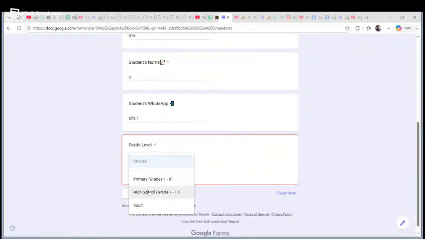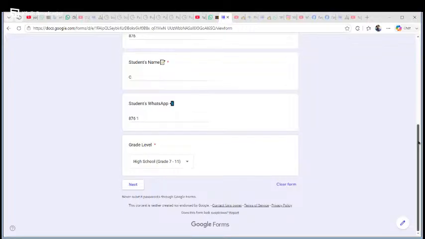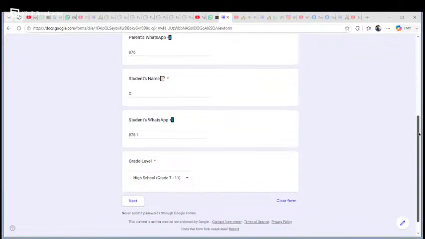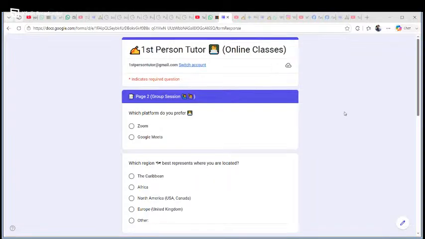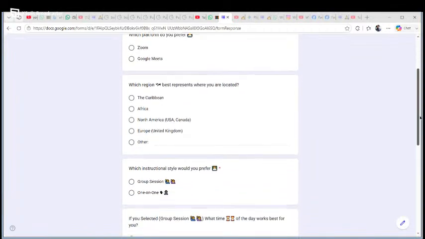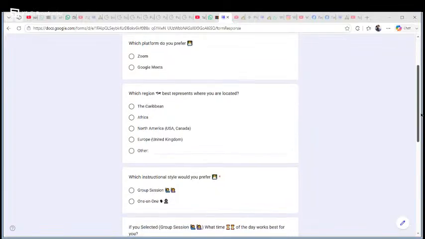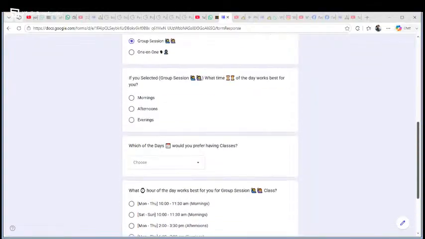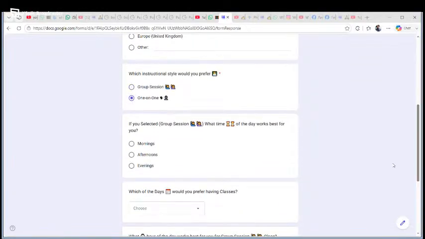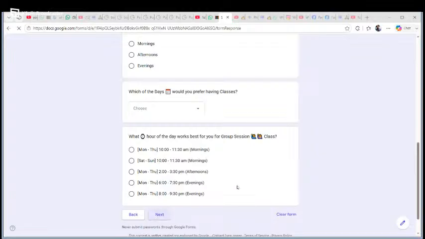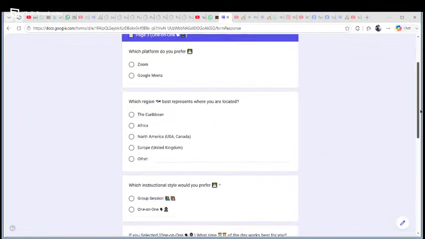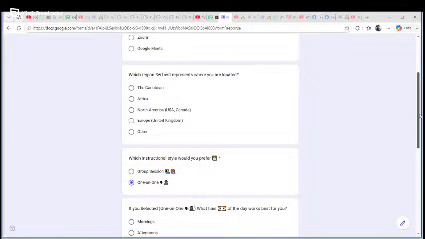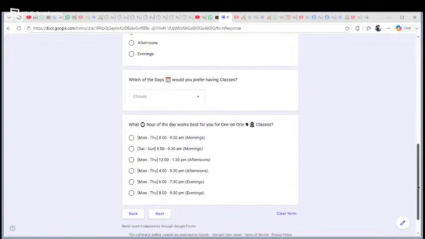Right? We're not picking an adult because this will be a child. Once your name is different from the person, then you're filling the form on behalf of a student, which is your child or your nephew, niece, or grandson, granddaughter, whoever it is. Right? Then the idea was, if you wanted to change your mind and switch the group, you would come here. But let's go back over it. We selected one-on-one. We came over here. Scroll down. Select one-on-one again. And then you start filling out this information here.